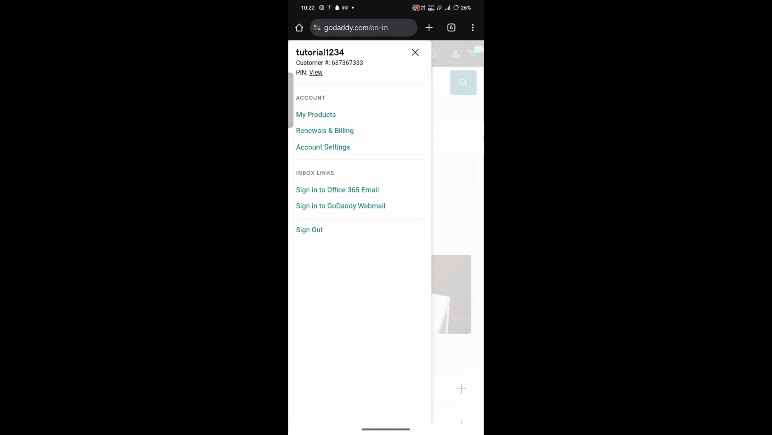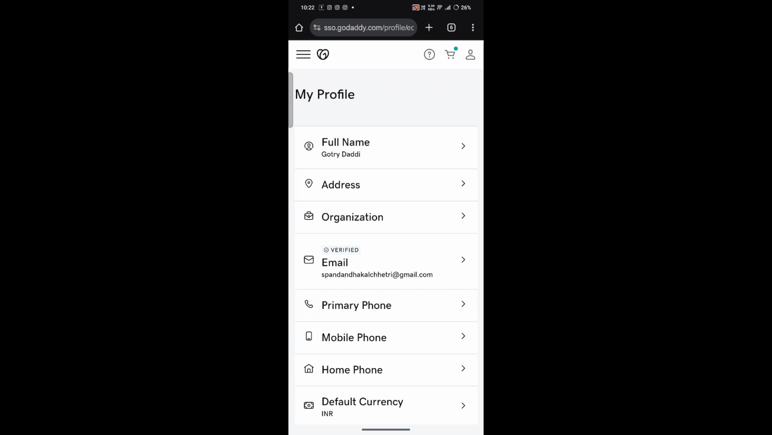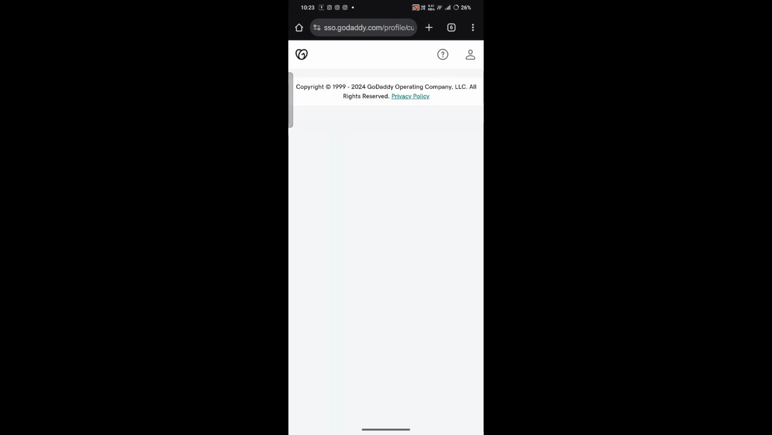Once you click on it, search for account settings from the drop down menu and click on it. In your account settings, look for the section called default currency or billing information. This is where you can adjust your default currency for purchases. As you can see, currently it is set to Indian rupees, and for changing it, you have to simply click